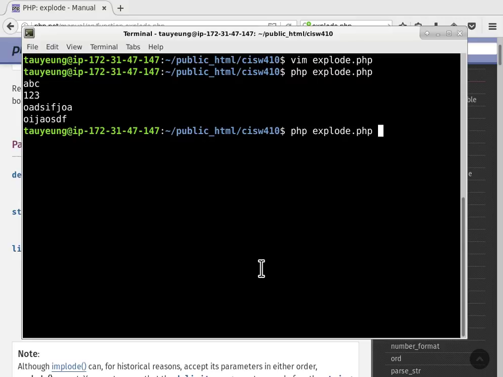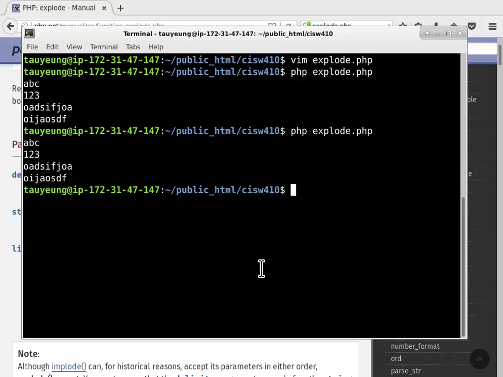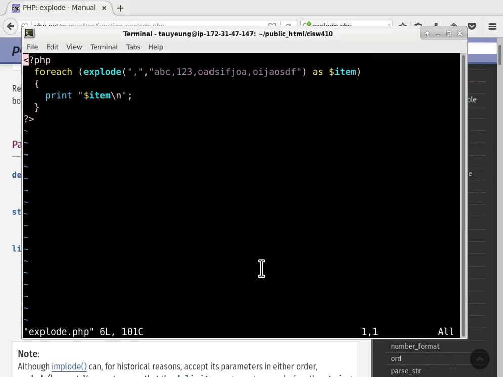So what we can do next is to say, well, can we deal with nested explosion? So we have an explosion inside an explosion. Let's see how that might work. We'll go ahead and go into the editor again. This time we'll keep this one here, except we'll keep using the comma for the top level splitting. And then for the lower level splitting, we'll use something else. So for the top level splitting, we'll have